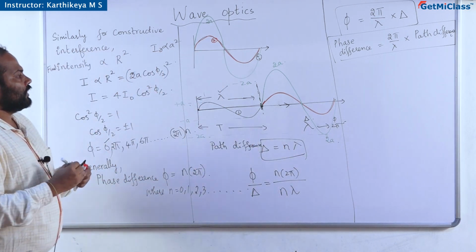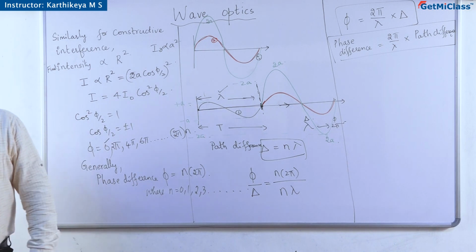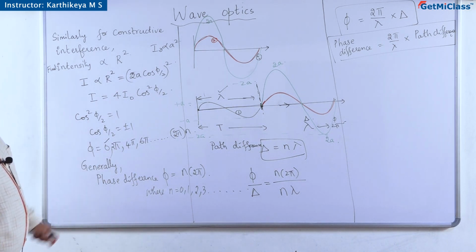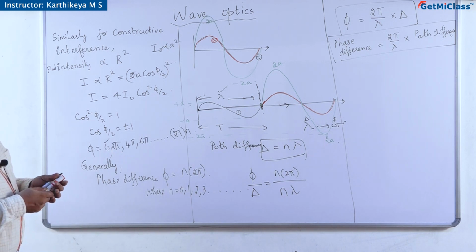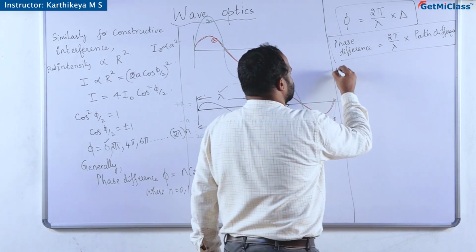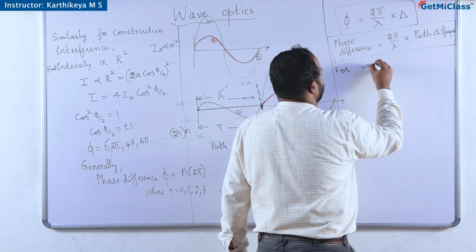This is how the constructive interference takes place using two light waves which are from coherent sources of the same amplitude. However, if they are of different amplitude, for waves of different amplitude,